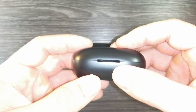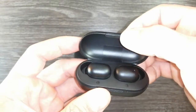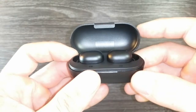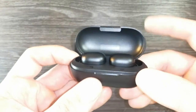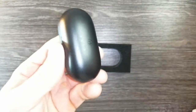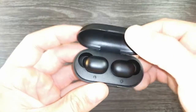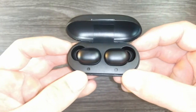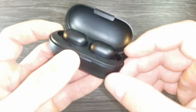So at the front we've got a little notch right here, and the case opens up like this, and the top and the bottom parts are being held together by this little magnet right here. So if we close it up and turn it upside down and shake it a little bit, this thing will not open. At the front of both headphones we've got a left and right headphone marking, and the headphones are